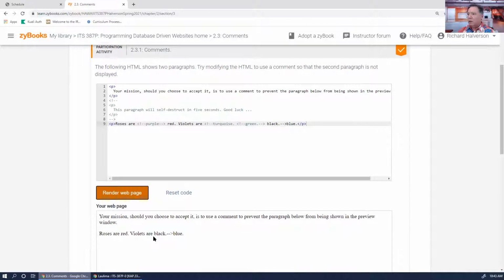Okay, yes. So the comments started right after R. Oh, okay, so this actually was a comment, so that's gone. You see, roses are purple, red is gone. Violets are, and then yeah, see, this is the start of the comment. This is the end of the comment, and that's it. And so that's why we see this end comment mark here. So anyway,